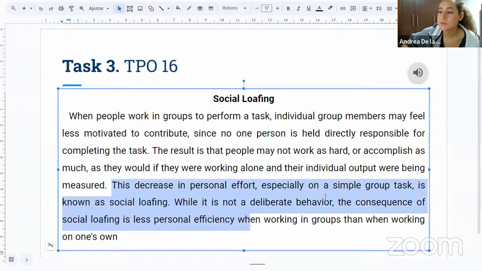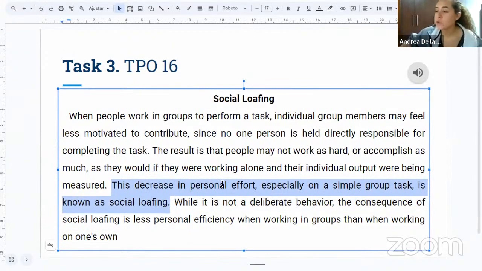Focus on this. The way you explained the experiment was actually good. You gave some context. So there were two groups of people that were asked to peel potatoes. One group was told that the number of potatoes peeled individually was going to be recorded, and the other group was only told that the number of potatoes peeled as a group would be recorded. And the group that peeled potatoes individually, so the group that was told that they were going to record the number of potatoes peeled by each one of them, peeled more potatoes in total, right?